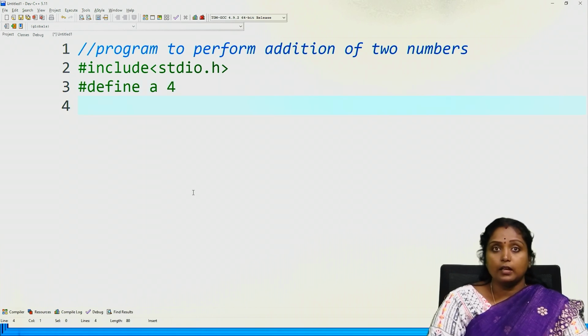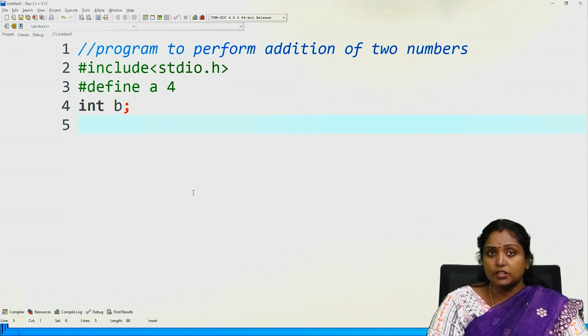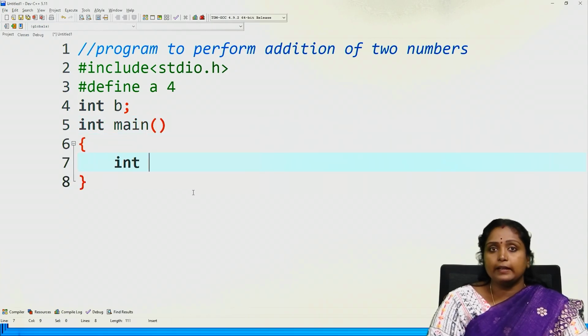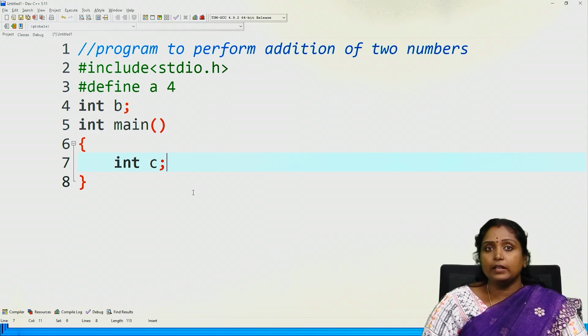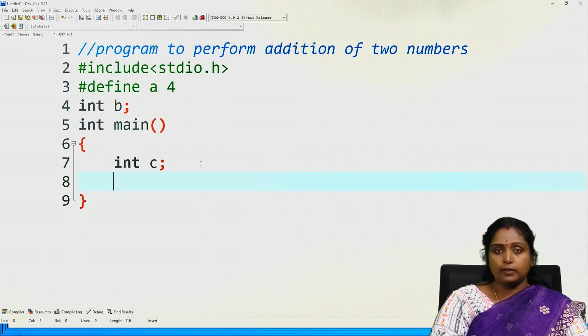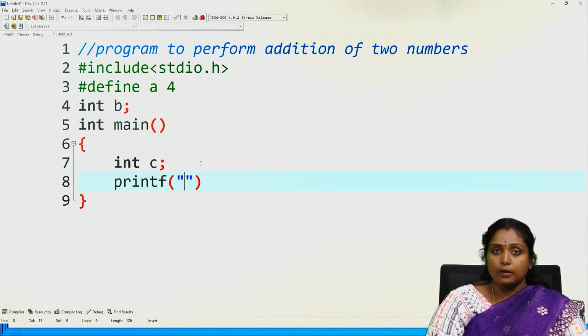Next, this is the definition section. If I am declaring int b, this is the global declaration section. Next, the int main function is the starting point of execution, and here we are declaring int c. The difference between A, B and C is that C will be accessible in this particular block only, whereas B can be used in the entire program. Okay, now I am writing some functions which are printf